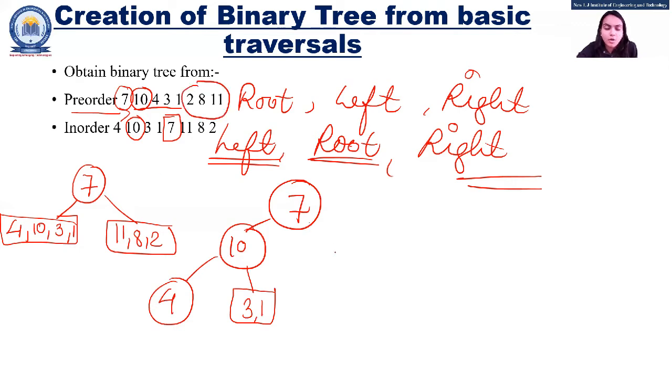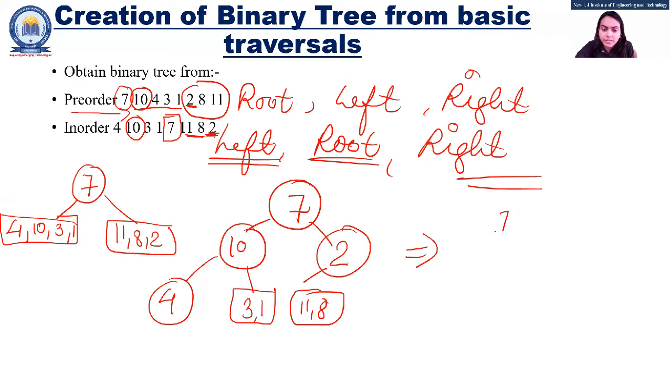Now let's see from 11, 8 and 2, we have 2, 8 and 11. That means on the right, we have the root node 2. We will identify this 2 here. So this 2 is at the end and everything is on the left hand side. So on the left hand side, we have 11 and 8. Again, let's start with the third step, which is 7, 10, 2 and 4. Till now this is clear.